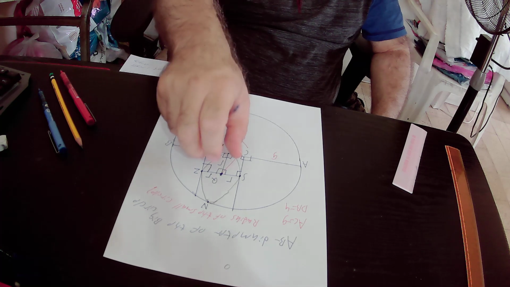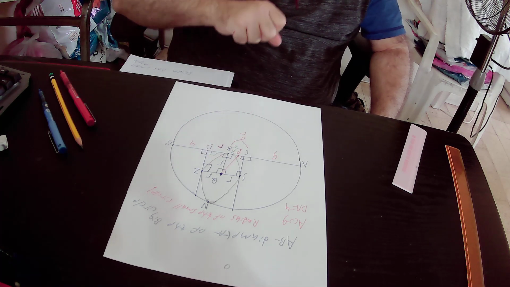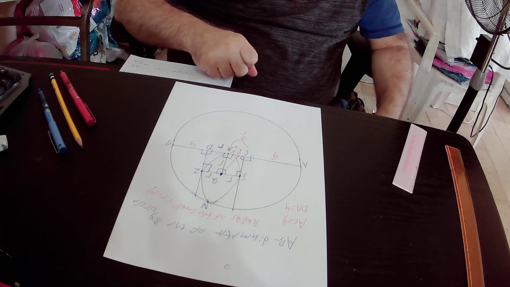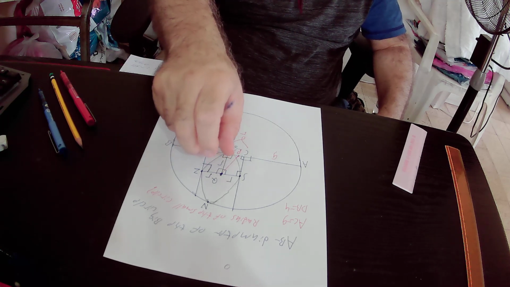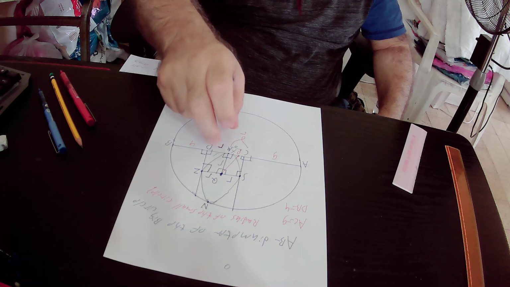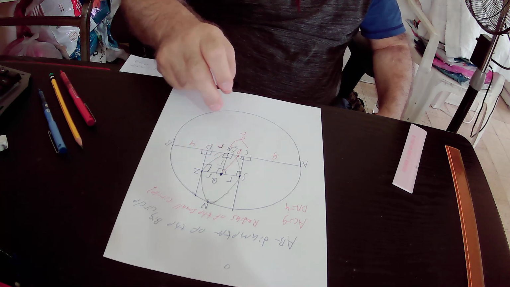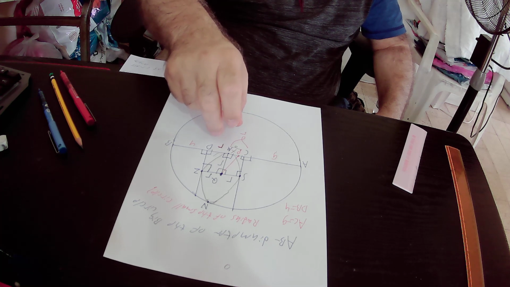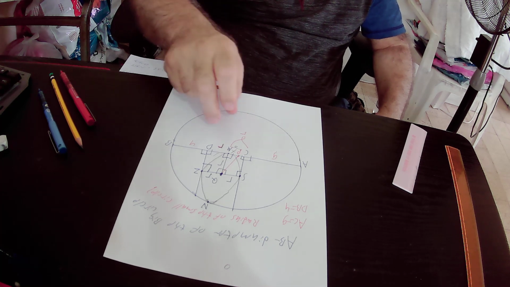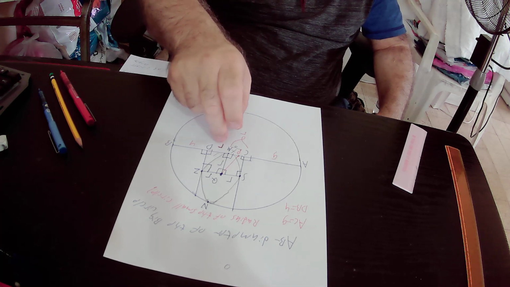So actually QZ equals MD, but QZ is the radius of the small circle. QZ equals R. So QZ equals MD. That means that MD also equals R. We proved that MD equals small r,